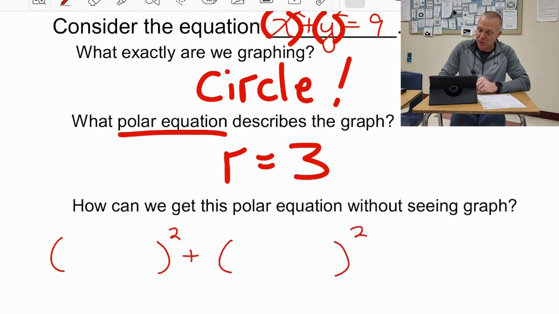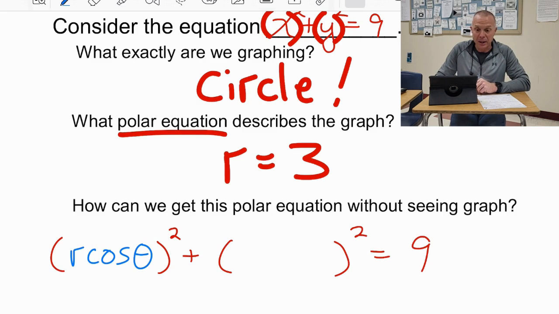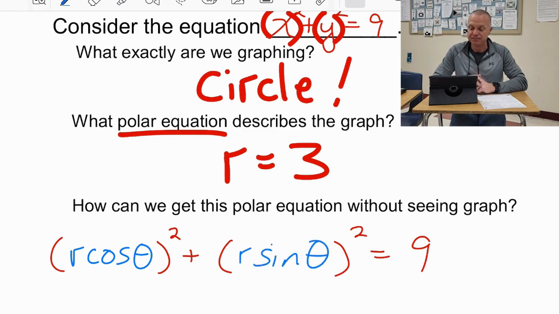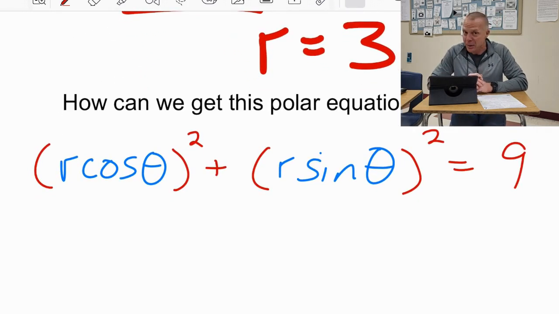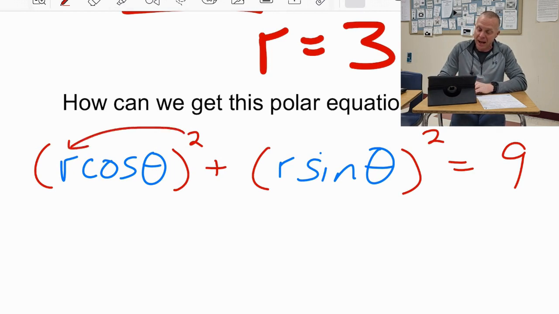Okay, now notice I'm substituting into my rectangular equation. So the letter x is going to disappear, and it's going to become an r cosine of theta. The letter y is going to disappear, and it's going to become an r sine of theta. Okay, now this is an algebraic method, and before you get too grumpy, you're going to need this to be able to do some other problems. So let's continue. Continue doing what, you say? How about some algebra? Okay, here I can legally square both of these,